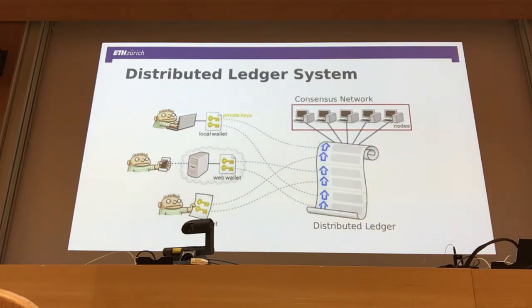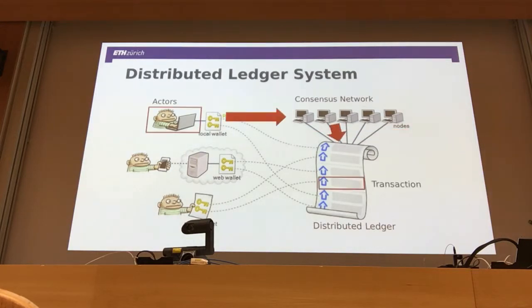Then we have another part in this system which is called the consensus network. These are single nodes which actually take care of the work, the writing to the distributed ledger. The nodes in the consensus network talk with each other, and if they agree, they write to the distributed ledger. And then of course we also have actors in these systems which interact